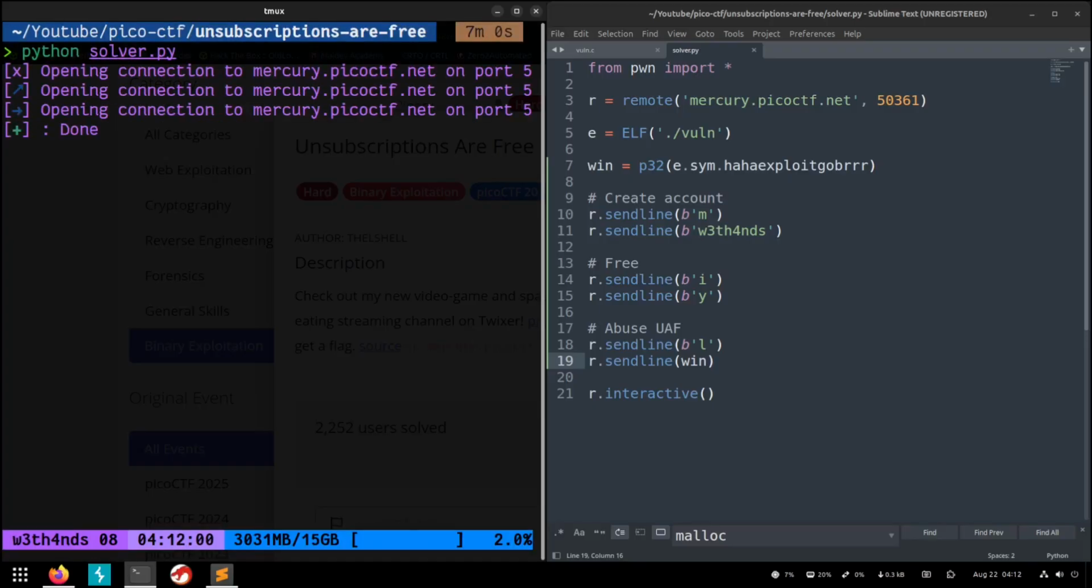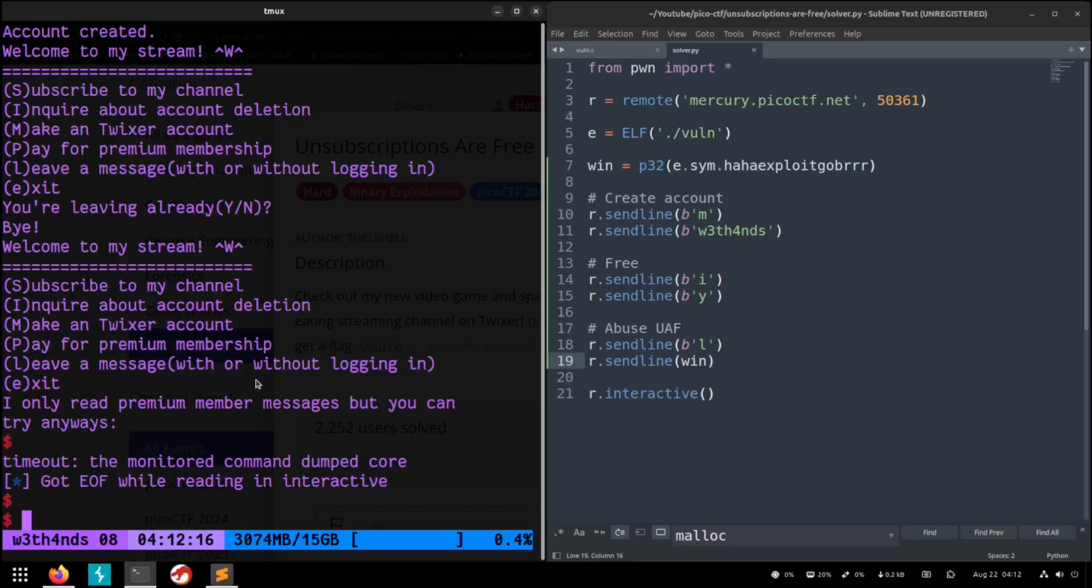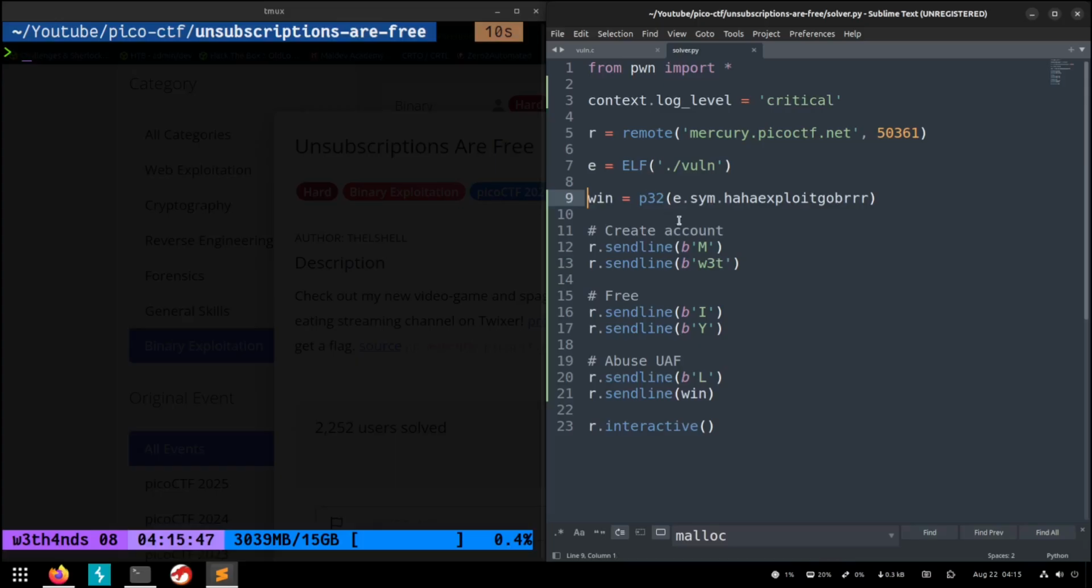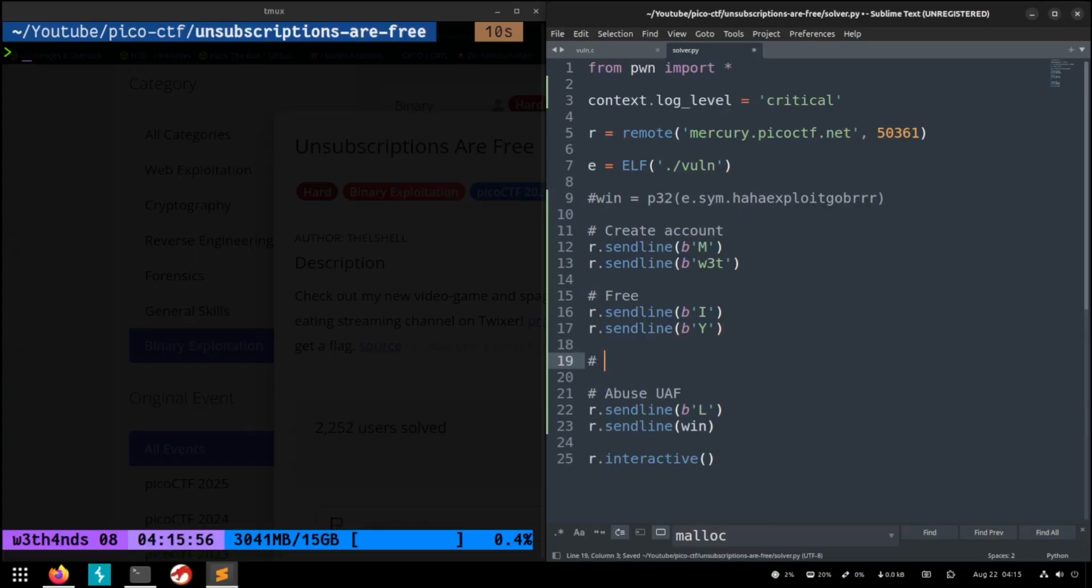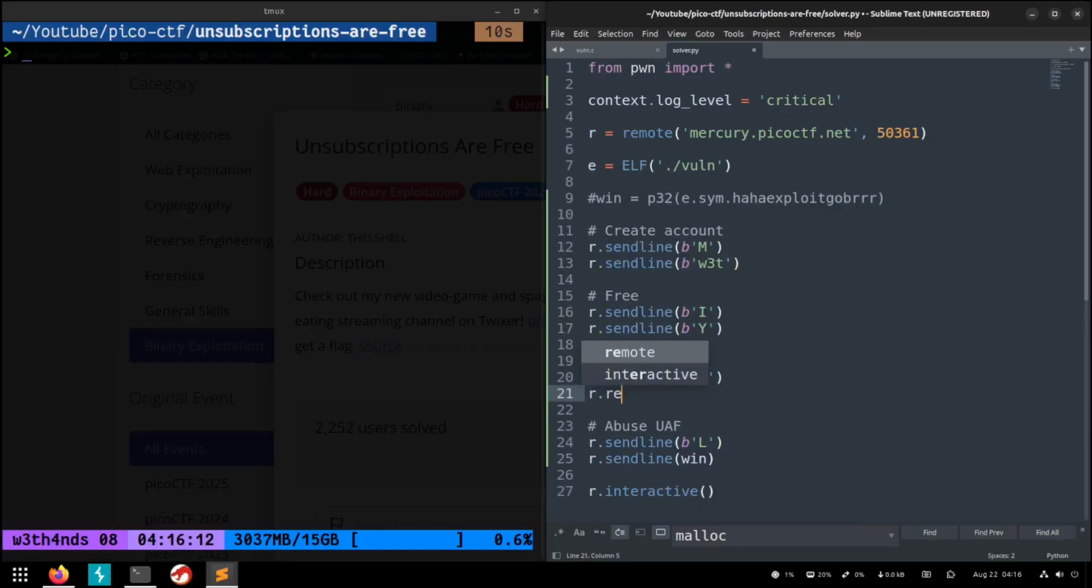python solver. Okay, this didn't work. Let's see what is wrong. I don't know why this didn't work. Maybe the remote instance has PIE and we don't know that. So let's try and leak the address. r.sendLine s, the win leak,